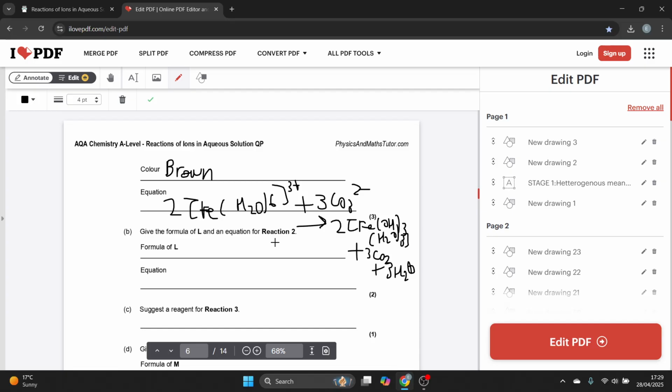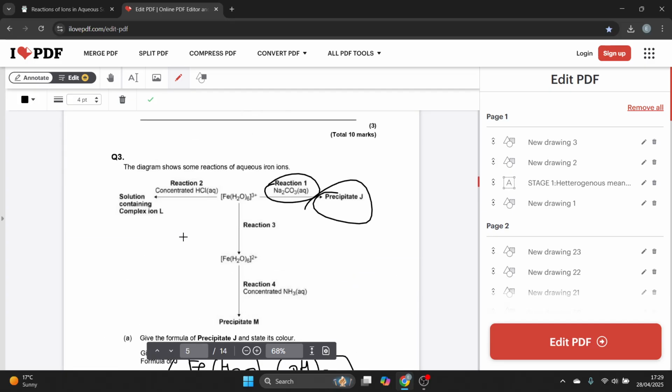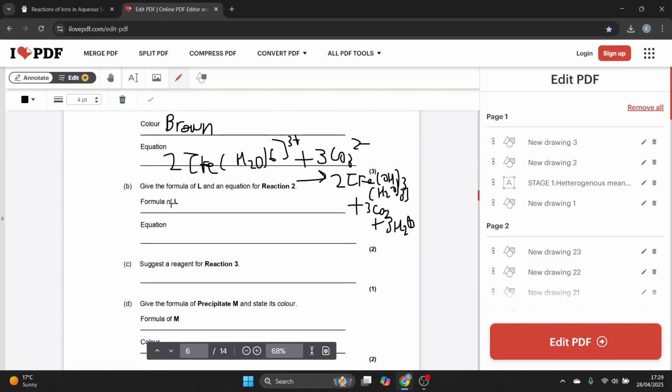Okay, give the formula of L and a reaction equation for reaction 2. So the formula of L, sorry. Well, L is here. It's a complex ion, and it's once this reacts with Cl- ions. What are Cl- ions? Ligands. So what's going to undergo ligand substitution? Fe(H2O)6 plus excess Cl-, and it's 3+. So therefore, the formula of L is FeCl4-, and then the equation is